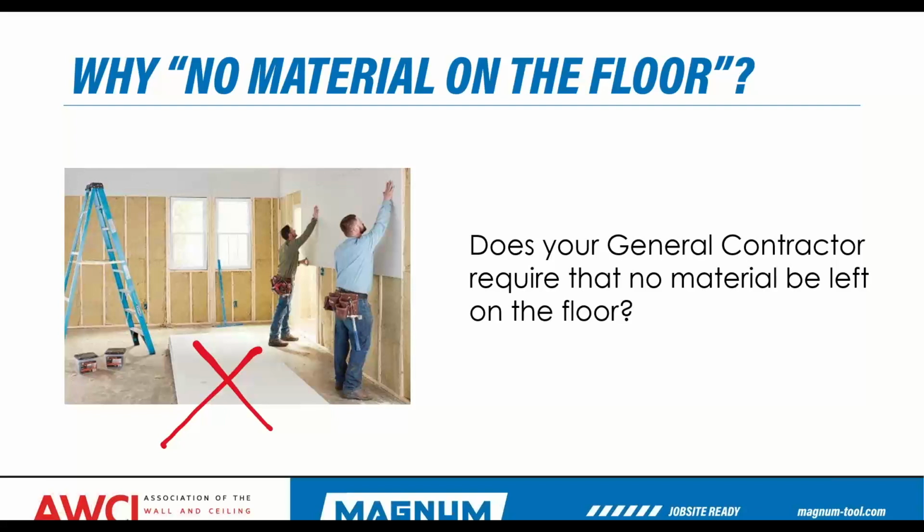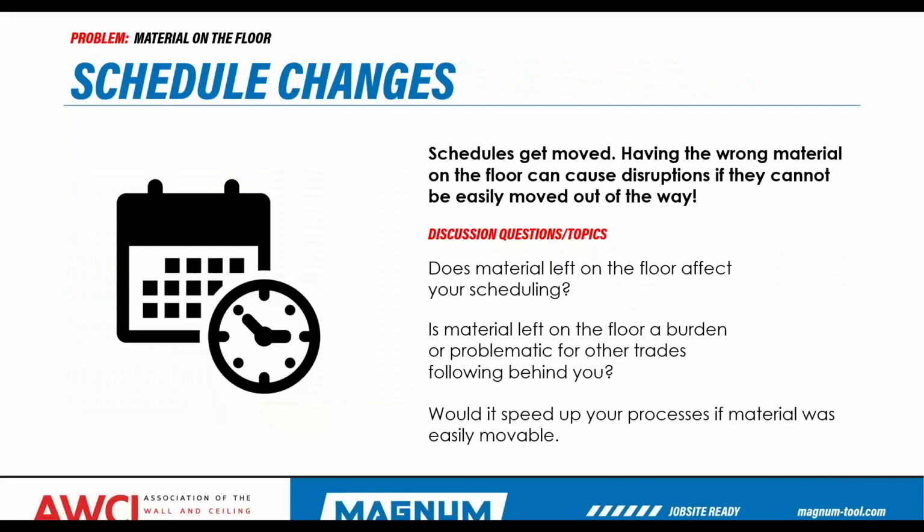Okay, so the next couple of slides cover some of the reasons, in case people aren't familiar with them, why the industry is heading in this direction. So, schedule changes. Schedules get moved all the time. Having the wrong material can cause disruptions if it can't be moved easily out of the way. So how does material left on the floor affect your scheduling? I've got an example, and you're right. The schedule is constantly moving. Delays happen,